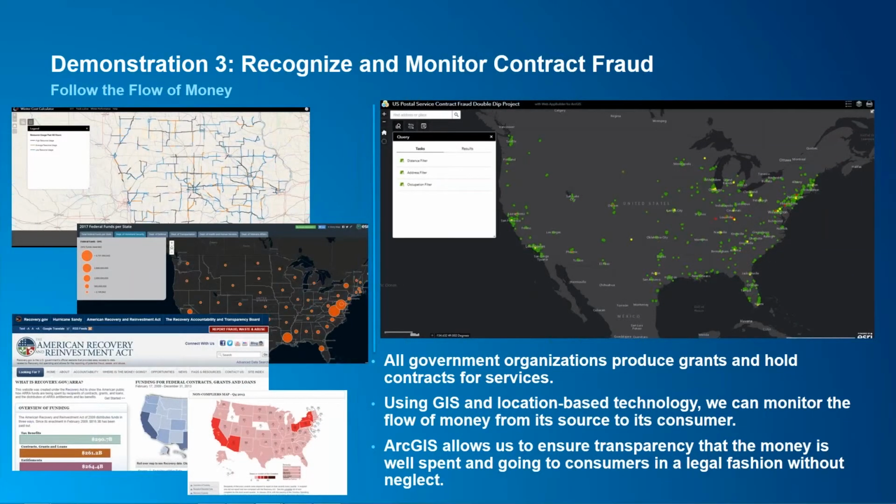The third demonstration that we want to view is being able to recognize and monitor contract fraud. Now, all federal, state, and local agencies produce grants and hold contracts for services. So using GIS and location-based technology, we can monitor the flow of money from its source to its consumer. So this allows us to ensure transparency that the money is being well spent and going to consumers in a legal fashion without neglect. We have seen many cases of